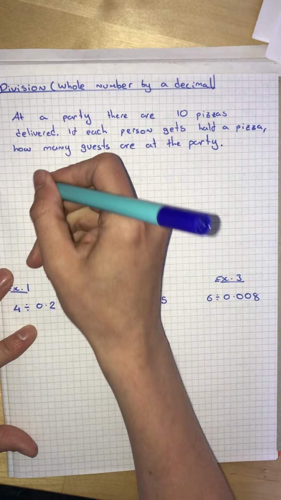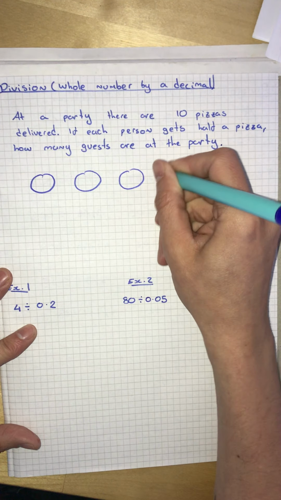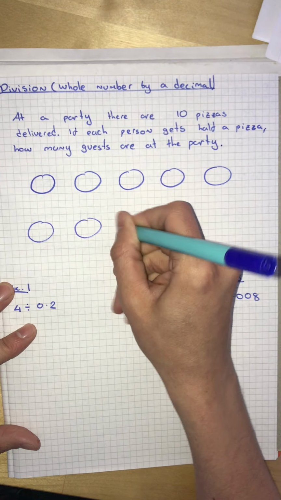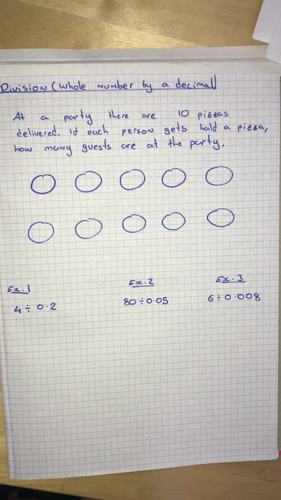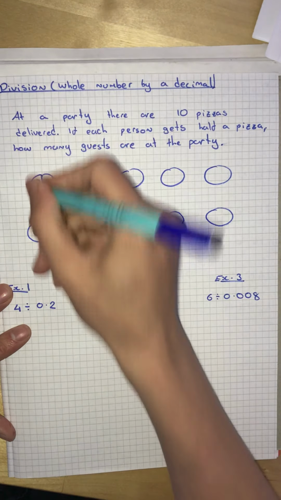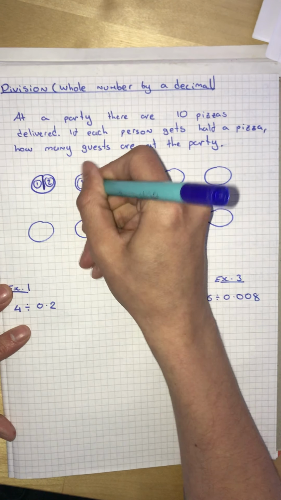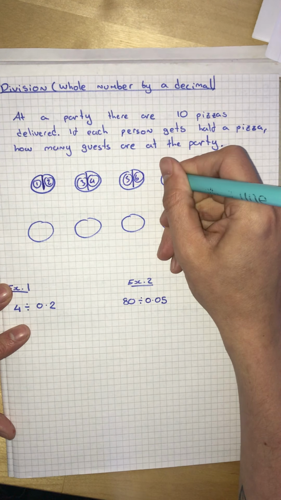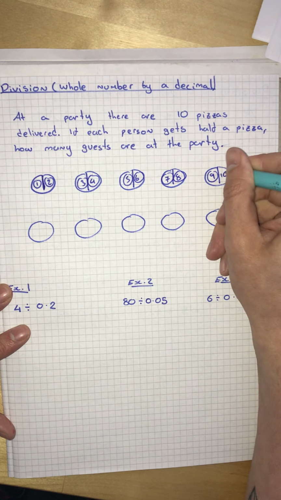So if you think about this, we've got 10 pizzas. 1, 2, 3, 4, 5, 6, 7, 8, 9, 10. That's 10 pizzas. And then the first person gets half a pizza. And then the second person, and then the third and the fourth person share that pizza. And then the fifth and the sixth person, and then the seventh and the eighth person, and the ninth and the 10th person,